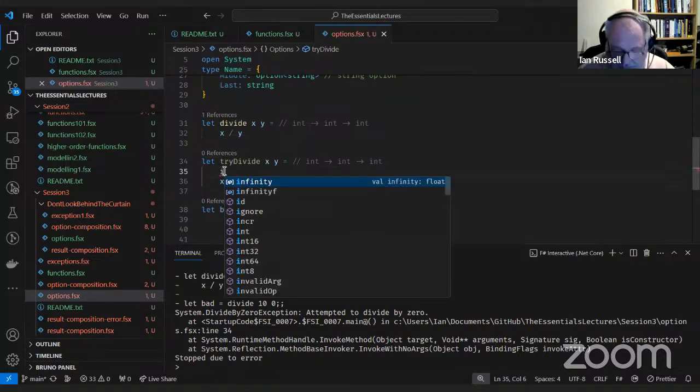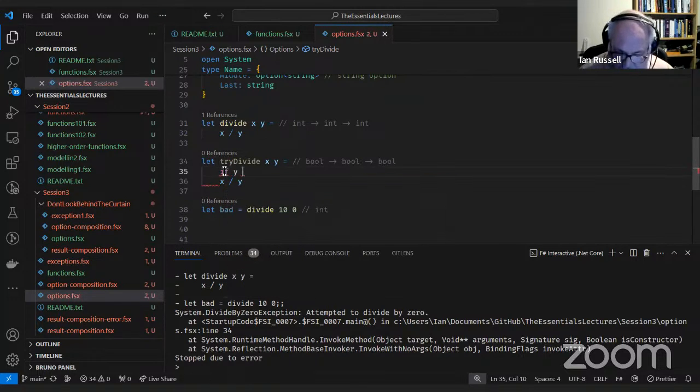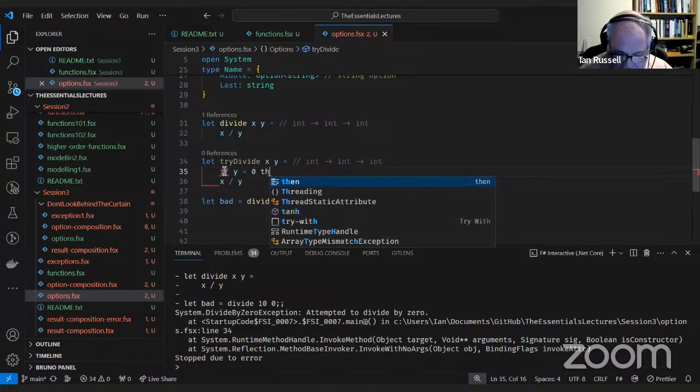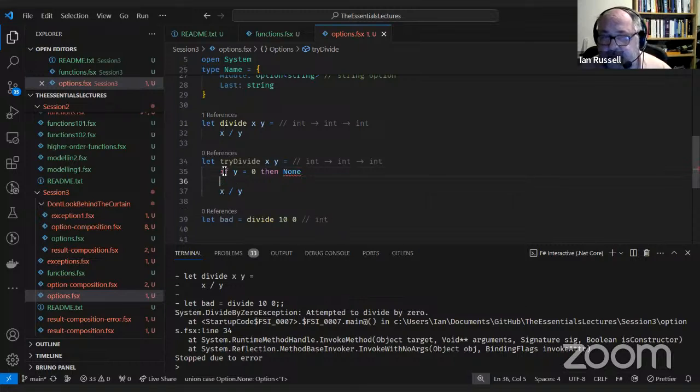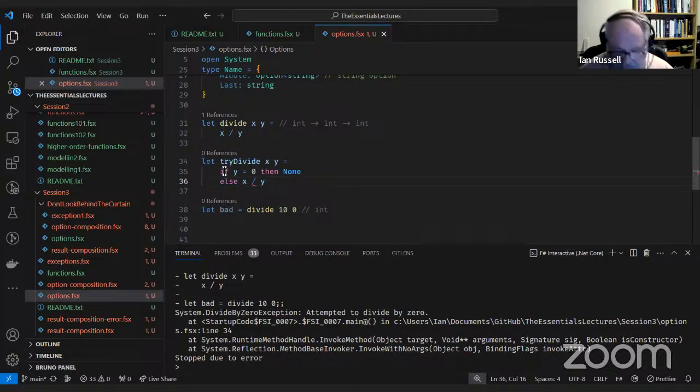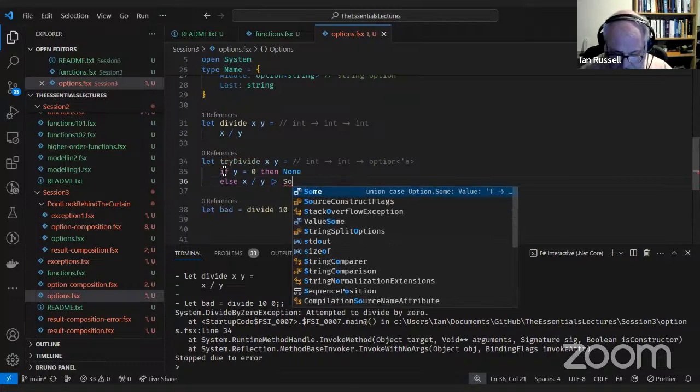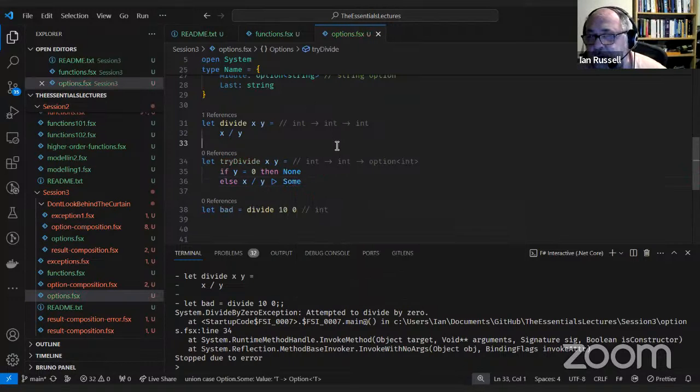Then I'm going to say if y equals 0, then none, else the division result. So what this is going to do is return an option of int.